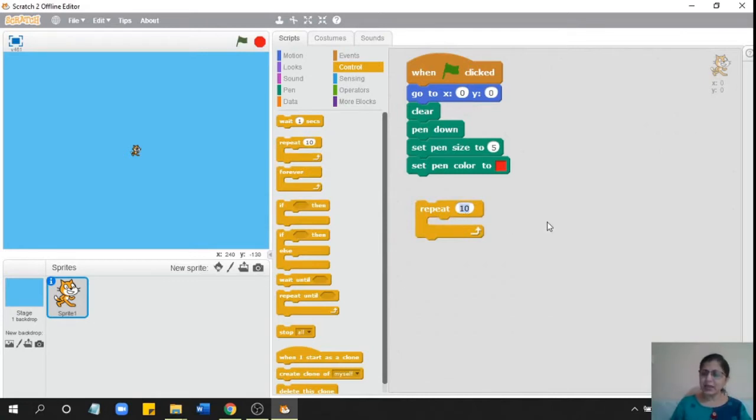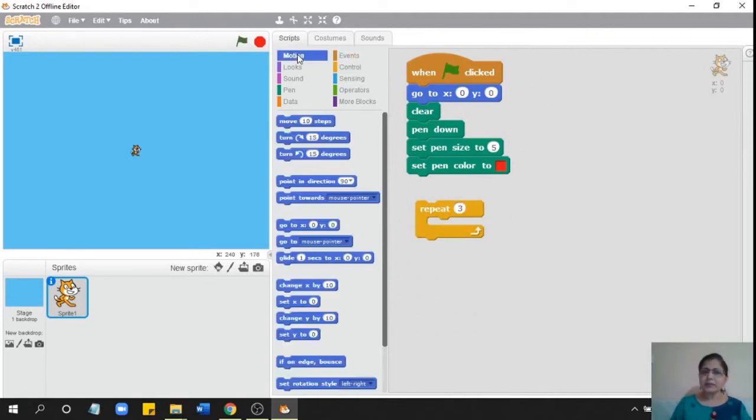Since the triangle has 3 sides, I will put 3. From the motion block, I will move. How many steps I move will determine how big the shape will be. I will move 60 steps, and here I have to turn some specific number of degrees.